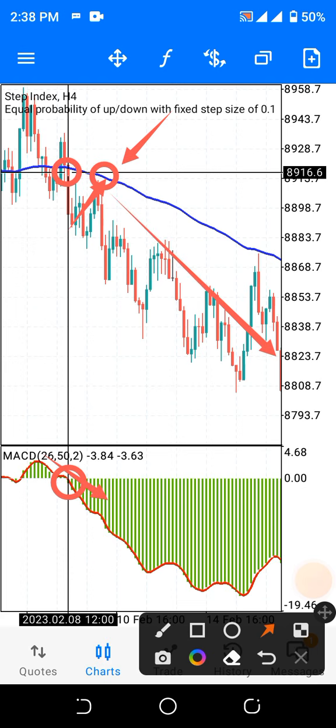Do you understand? All right, now let me come again. This is what I mean. Look at the crossing on the MACD. The crossing occurs from up downward, which shows a sell signal. But before you count it as a confirmed sell signal, the candlesticks must be below the moving average. Do you understand? All right.